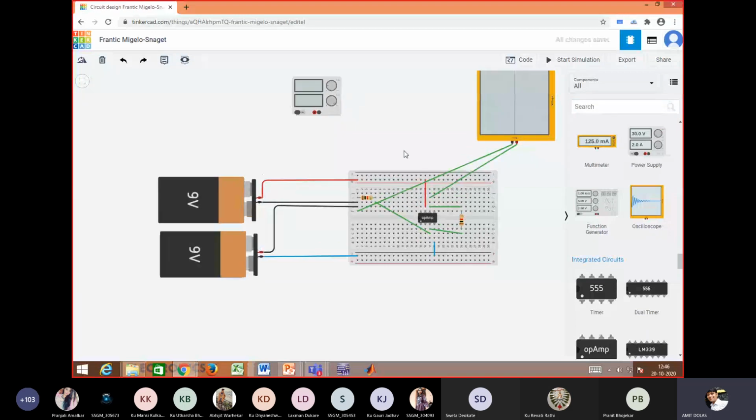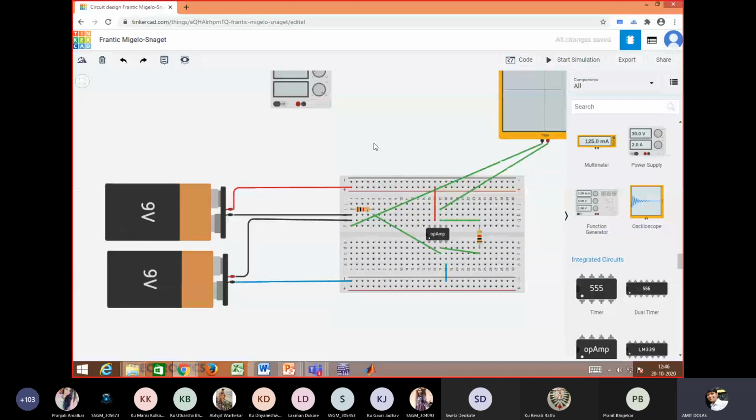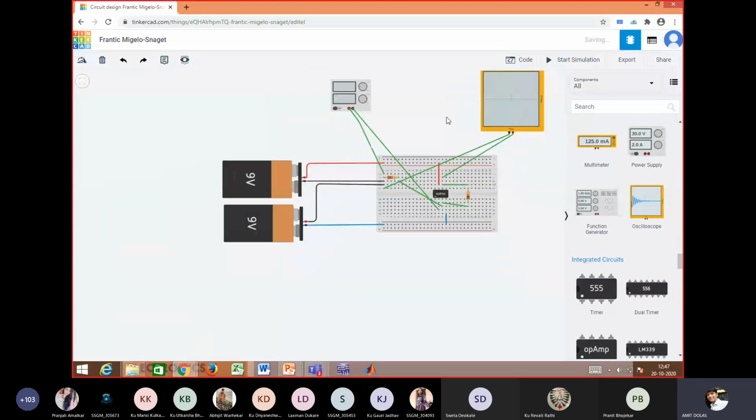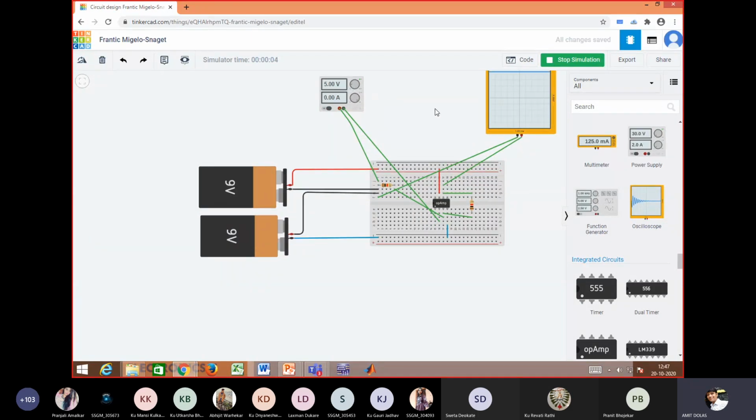I'm expecting the positive Vsat level by this arrangement. Yes, it is providing positive Vsat level.